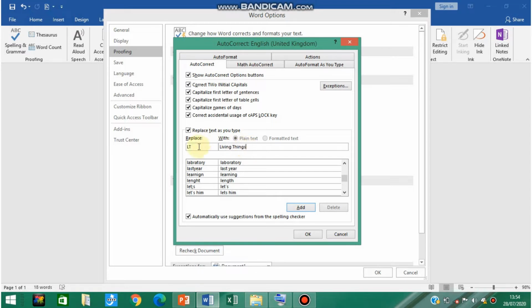After typing this in the replace section, click on OK